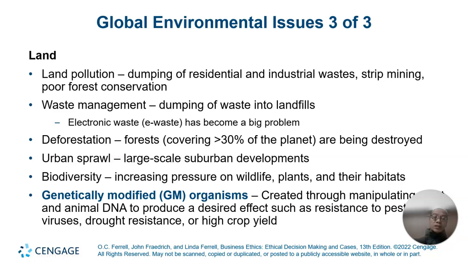resistance to pests, viruses, drought resistance, or high crop yield. So sometimes people make genetic modification in order to make sure that the plant is stronger to face those organisms that destroy them. Okay, and some is to produce more effectively, more production. Okay, with modified genetics, it allows a certain plant to be produced in more abundance,